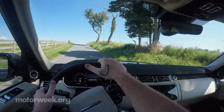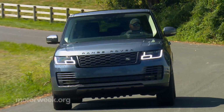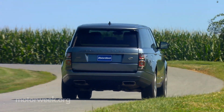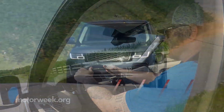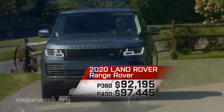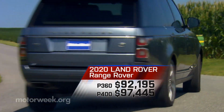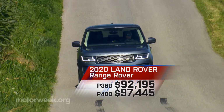And speaking of alternatives, like the concept but want less British electrification and more cylinders, for you there are Range Rovers sporting a new 6-cylinder engine with mild hybrid assist. They have a 3-liter inline-6 turbo, replacing the brand's long-suffering supercharged V6. The new 6 is now available in 2 versions, with 395 horsepower as the P400 and 355 horsepower in the